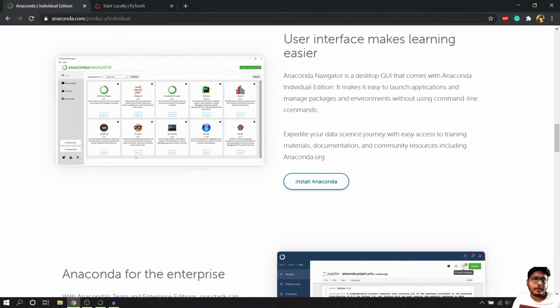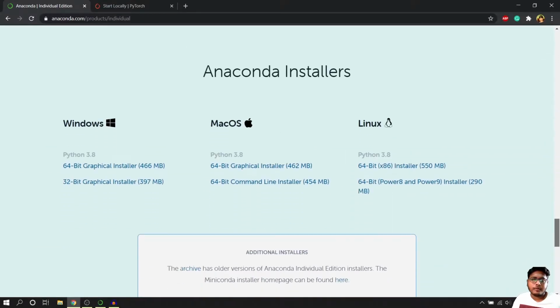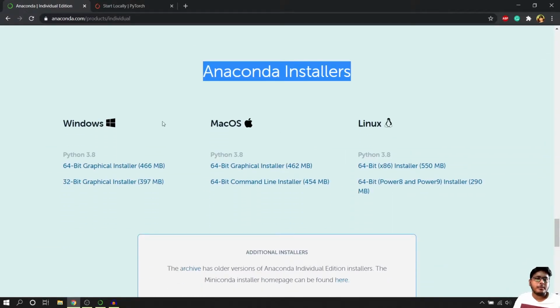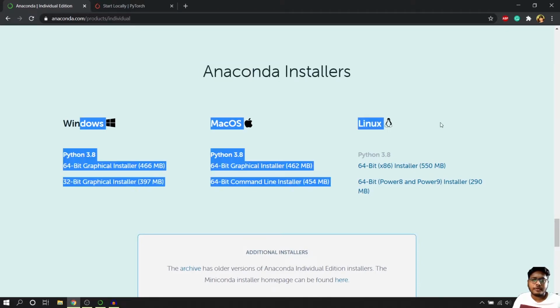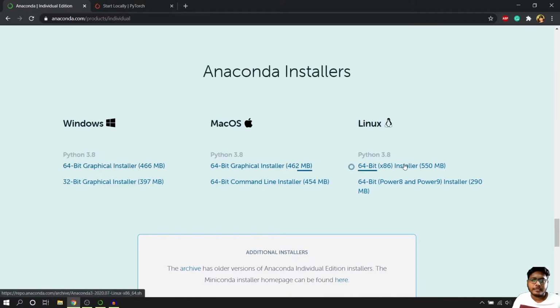So here I'm in anaconda.com/product/individual, and if I just scroll down, then at the bottom you have here the different Anaconda installers. Now based on your system, like whatever you are running on, you can just download the respective installer. Now in my case it's 64-bit graphical installer for Windows, so I'll just do that, and then you can follow the simple steps in the wizard just to install the Anaconda distribution, and that will be pretty much it for